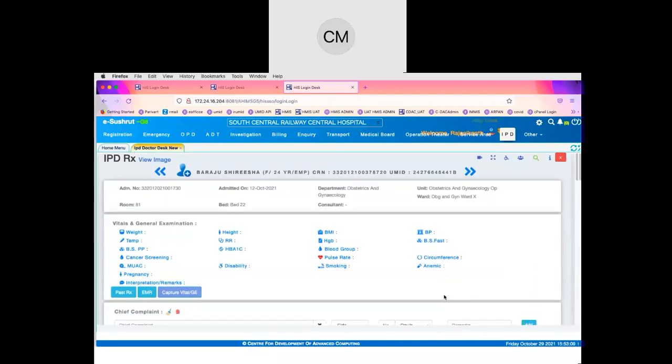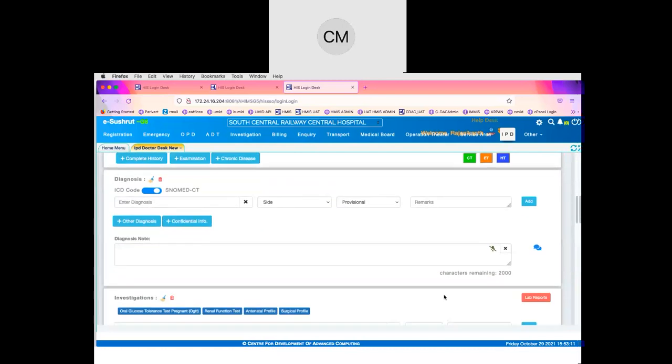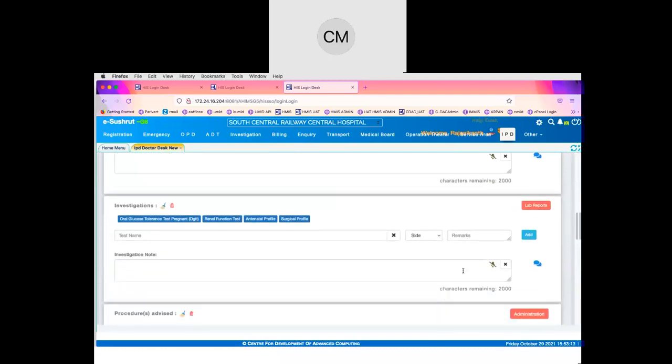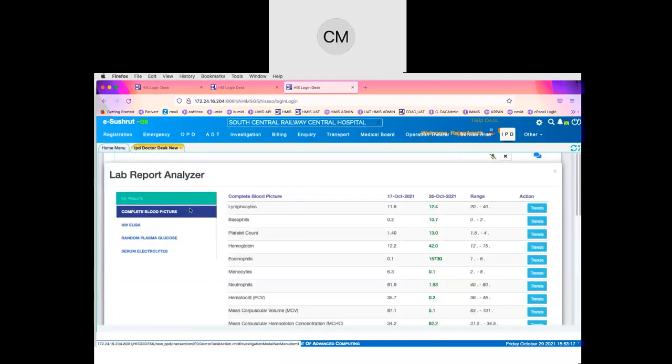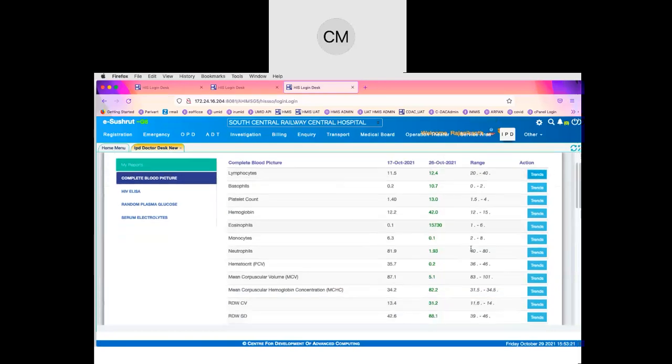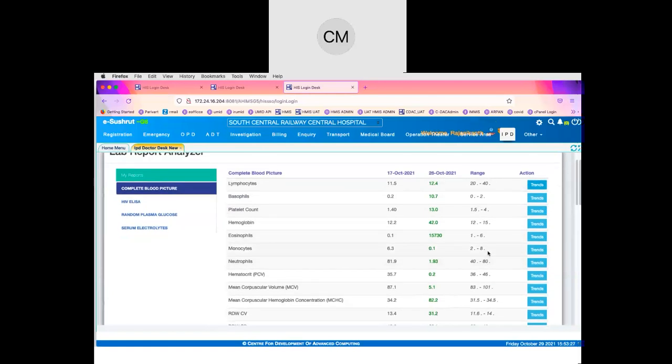Here the service administration related details can also be checked directly. Lab reports can also be seen directly from here. It will give you an analyzer tab here. For CBP, it has been done on 2 different dates, so accordingly you will see a comparative assessment of these parameters. And if you click on trends, it will also show the graphical interface of this.